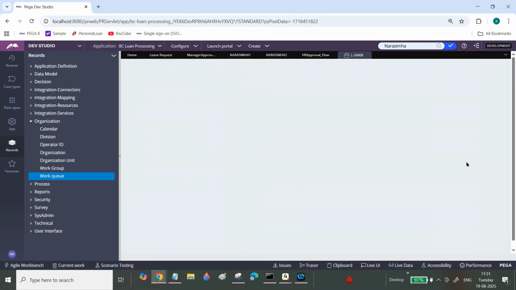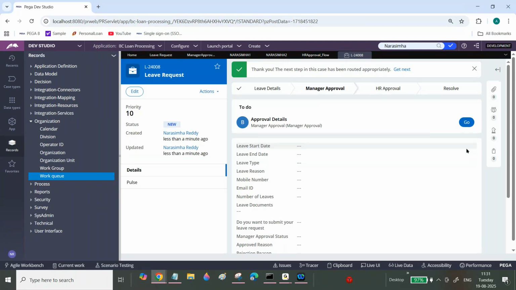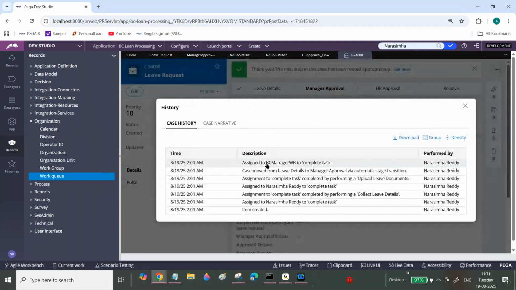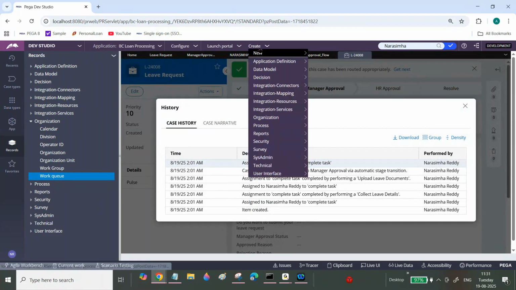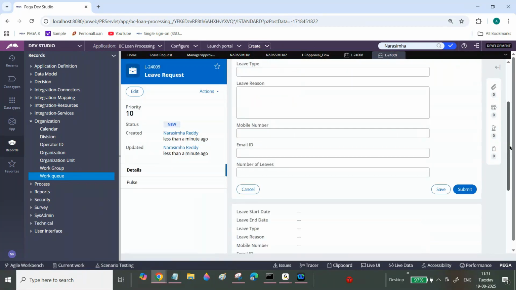Sir, now I'm placing a request. Sir, now who can access those work items? Here you can see the case is assigned to the BC manager work group. Again, you can create a case, and now the case will be assigned to